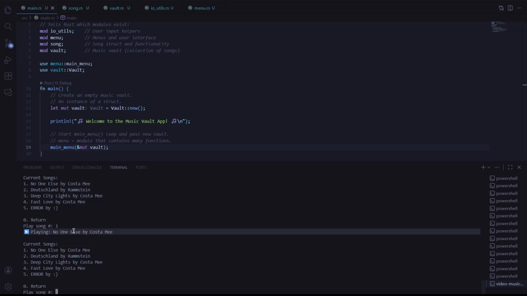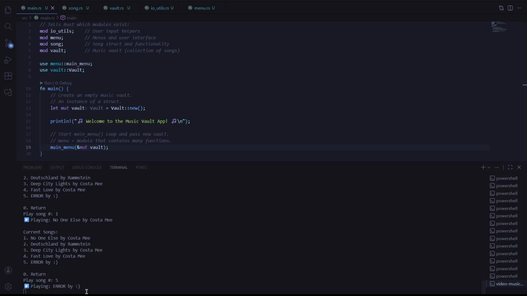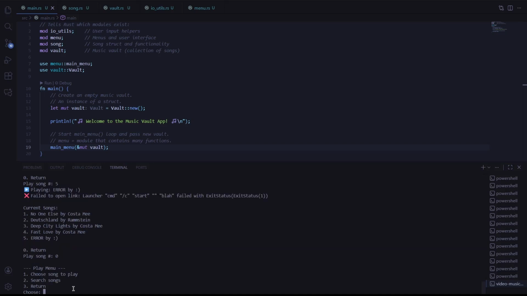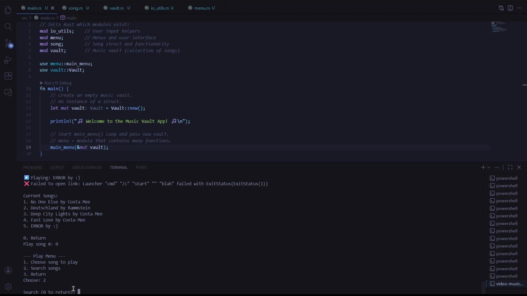And the console tells us that everything worked. It loops, so we can keep playing videos, but we'll see what happens if there's an error. So we have an error message here, and it actually tells us what happened. So it caught that, didn't crash. We'll return, and then we'll search for a song, and